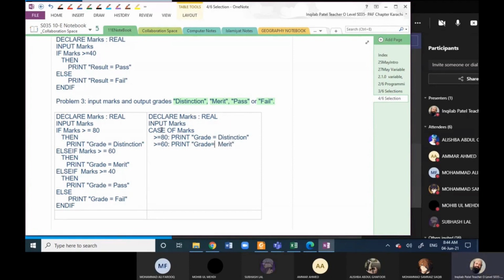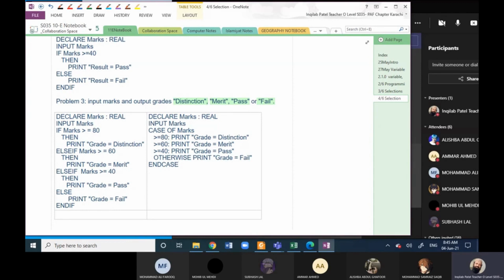And then greater than equals to 40, print grade equals to pass. Otherwise, print grade equals to fail. And case.